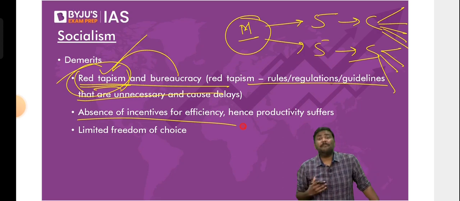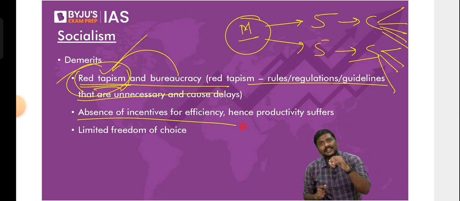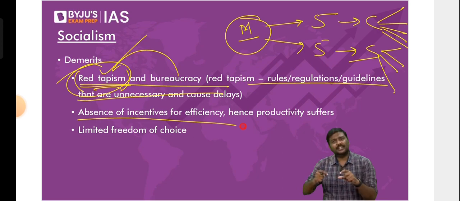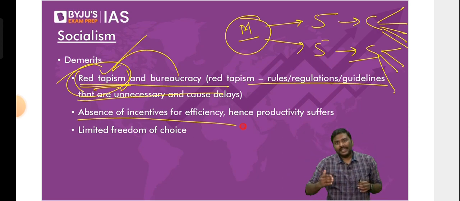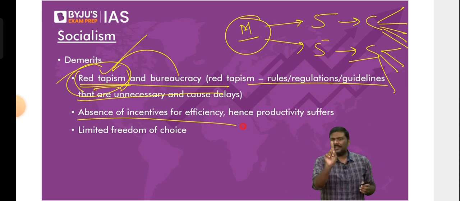Next, there is absence of competition. There is no competition here because there is no private sector. When there is no private sector, there is absence of competition. Is there any incentive for the public sector, or the companies owned by the government, to invest more? Is there any incentive for them to use the resources very efficiently, etc.? Let me give a very simple example so that you understand.